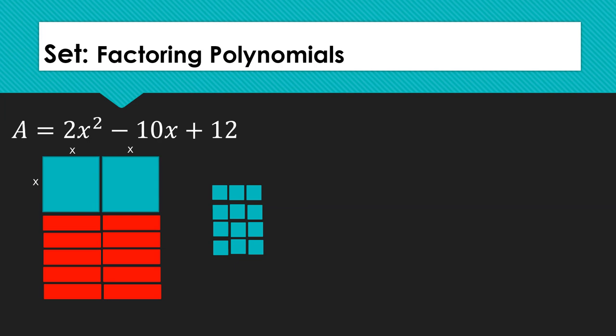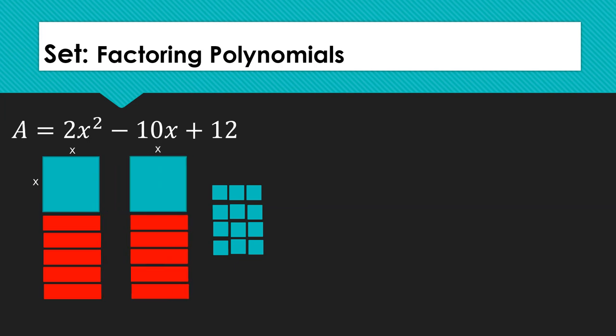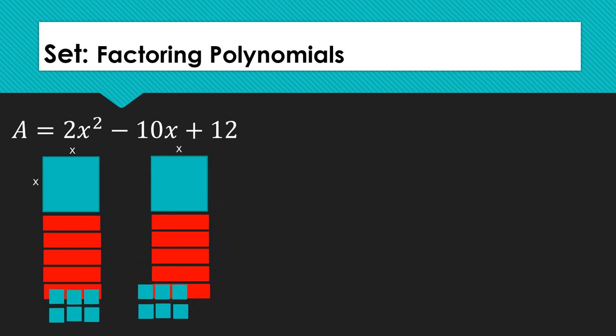Notice that we have formed two rectangles already using the large squares and the rectangles. Each of the rectangles we formed already have dimensions x by x plus 4, and each with an area of x squared plus 5x. If we divide them into two groups and we split the small squares into the two